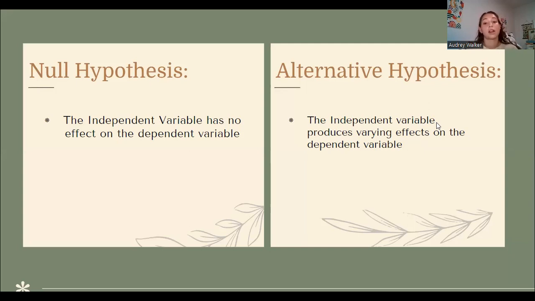And then when we look at our alternative hypothesis, we discussed that the independent variable produces varying effects on the dependent variable. And then again, in more specific terms, different colored LED lights produce varying effects on the growth of arugula. And then diving into our background information, there was a lot that we wanted to discuss before we dove